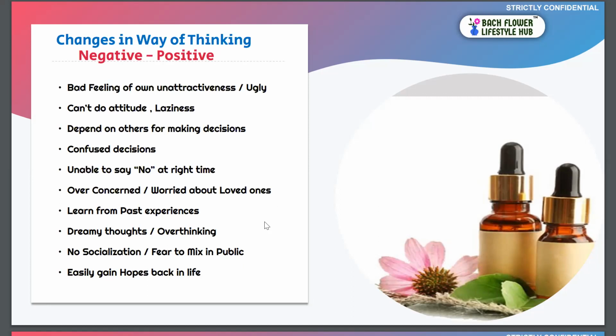Thinking about something and that chain of thoughts getting dwelled upon, and then that causes a problem. Some people overthink on a day-to-day basis, where they think day and night about some situation, some problem. Some people unnecessarily get unwanted thoughts, which are not relevant as well. So we can help the mind stop this chain of overthinking and keep the mind in peace so that it can be utilized in a positive way of improving our life. Okay. So these unwanted thoughts can be removed using the Bach flower remedies.